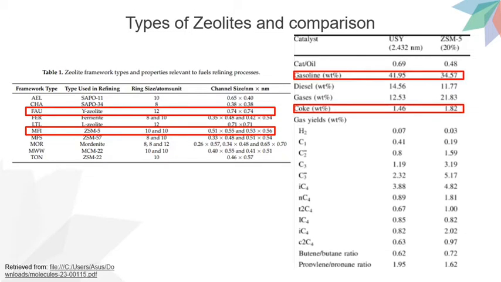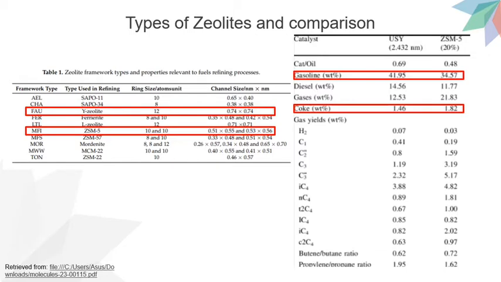Therefore, the main zeolite type used in FCC is FAU. So, the success of ultra-stable Y zeolite in fluid catalytic cracking is partly due to the accessibility of FAU for large molecules. The term ultra-stable Y zeolite refers to FAU where the silica to alumina ratio is greater than 6:1. And this is usually achieved through dealumination by steaming,